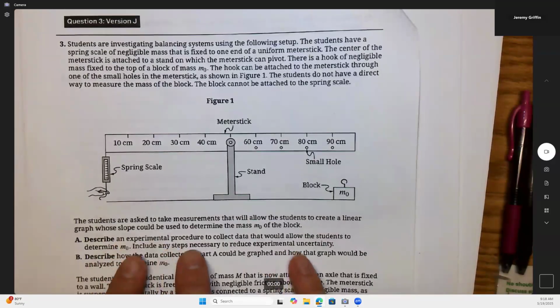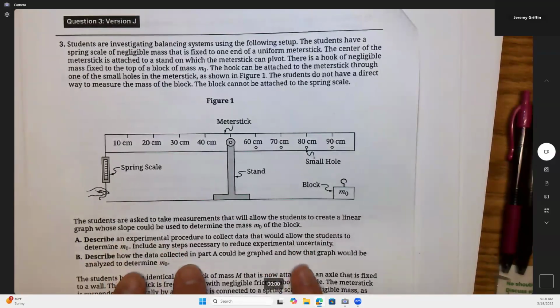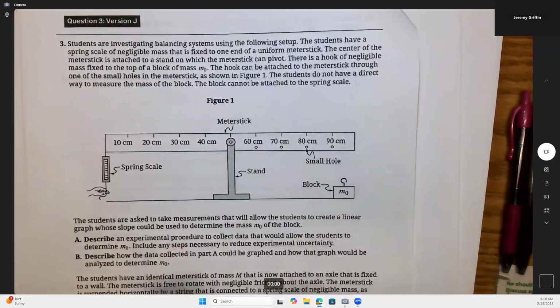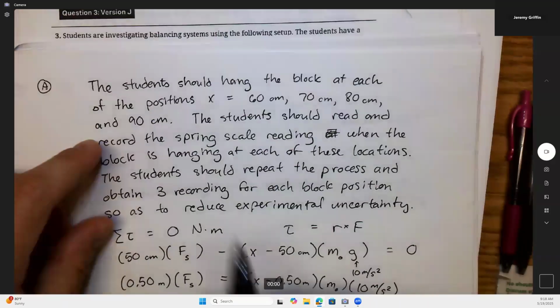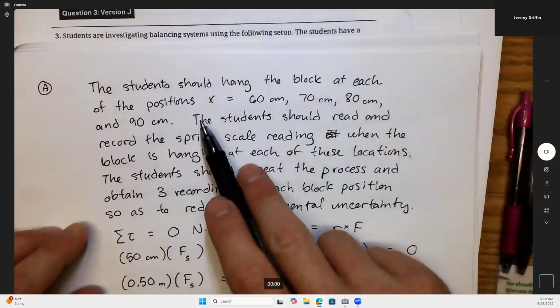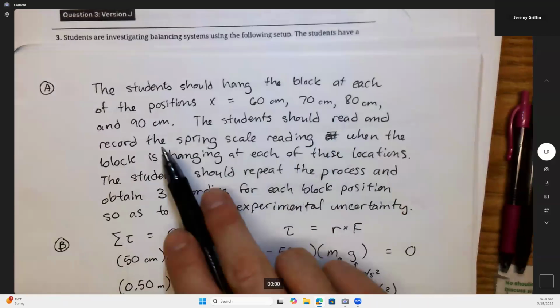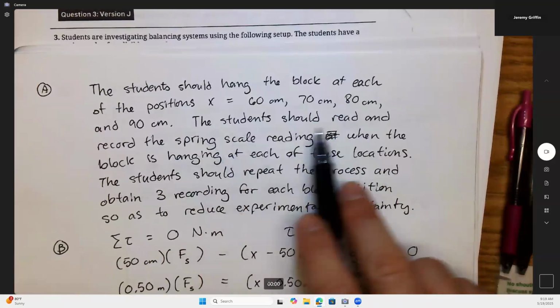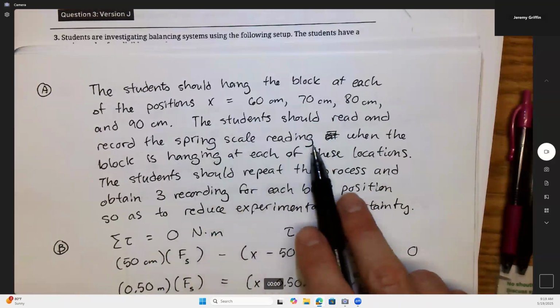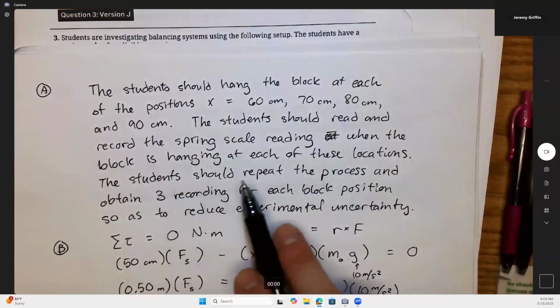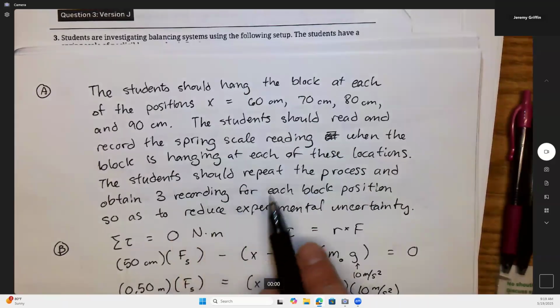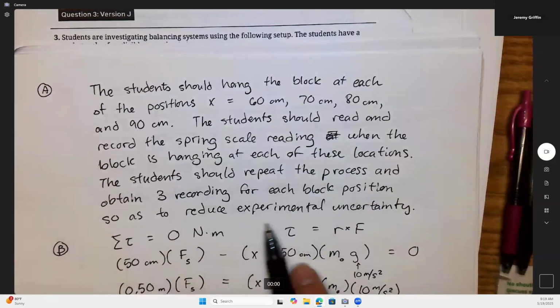Describe an experimental procedure to collect the data, and then describe how that data could be graphed to determine M naught. Right, so here's my example. I said the students could hang the block at each of the positions 60, 70, 80, 90 centimeters. The students could read and record the spring scale reading when the block is hanging at each of these locations. The students should then repeat the process and obtain 3 recordings for each block position so as to reduce